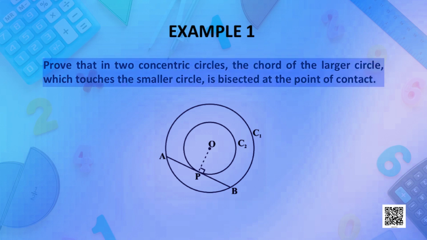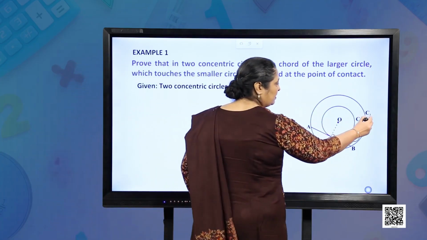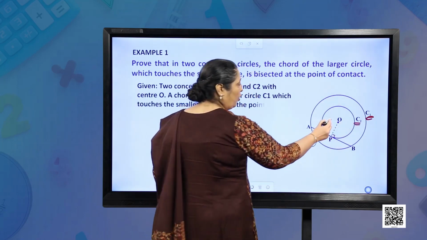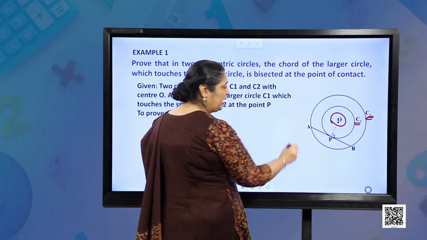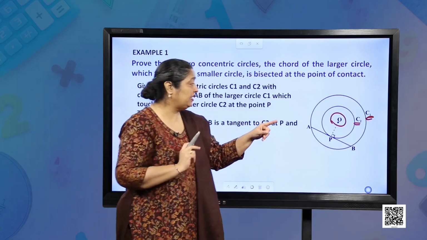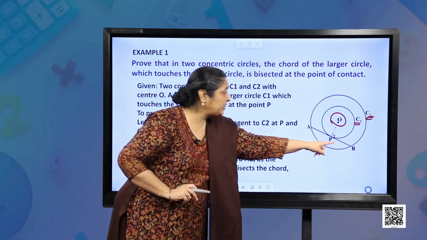Prove that in two concentric circles, the chord of a larger circle which touches the smaller circle is bisected at the point of contact. We have the figure here. We have C1, the larger circle. We have C2, the smaller circle. O is the center of the circle. AB is the chord on C1, the larger circle, and P is the point of contact of the tangent AB